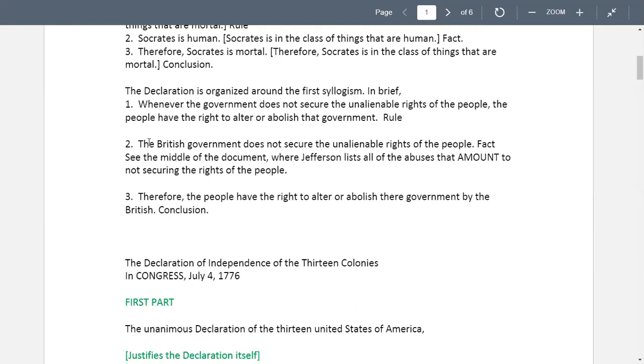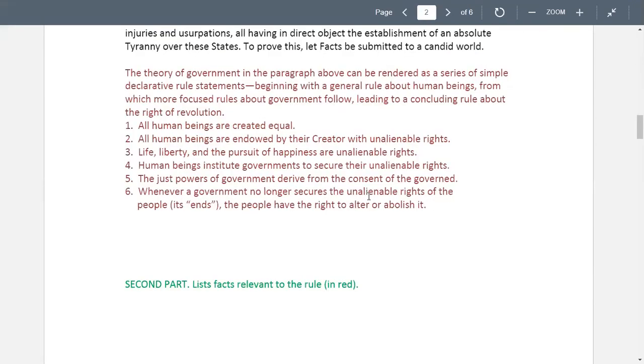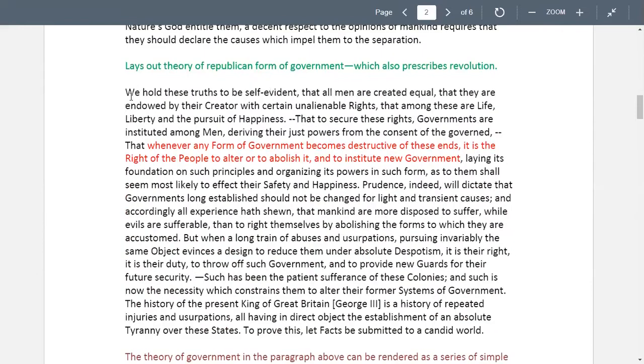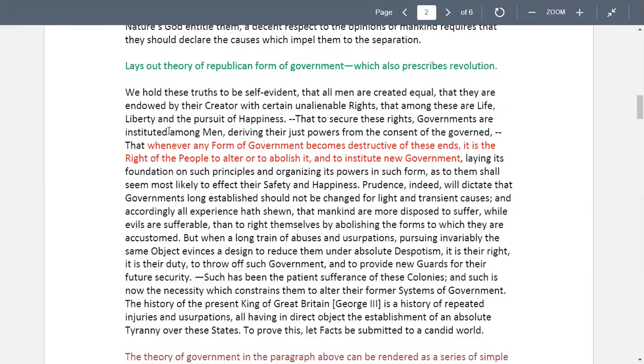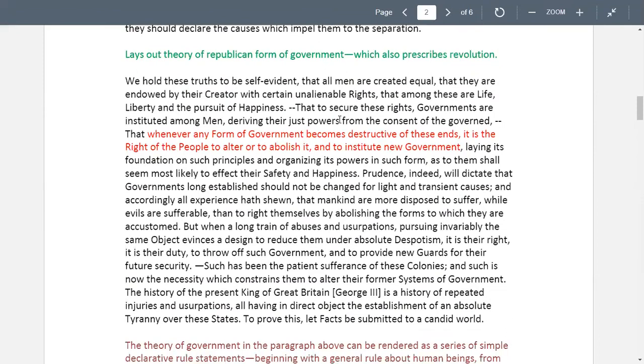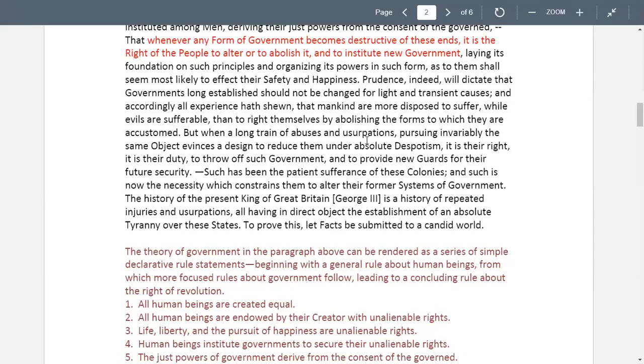So in this case, in the British case, we're not going to read the whole document, but this is the famous beginning, right? And this is what has the major premise. We hold these truths to be self-evident, all that kind of stuff. And I don't mean to dismiss it as trivial. It's good stuff. I'm just saying that's more for a history class than here, or maybe a government class.